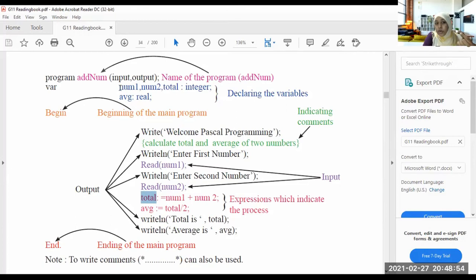For an example, if you write here num1 and here you wrote number 1, then the program can't find which one you are telling, right? So write it the same. Don't change, okay? Second, after showing me the total, write line average is and show the average. Semicolon, end. So end means the program is finished.